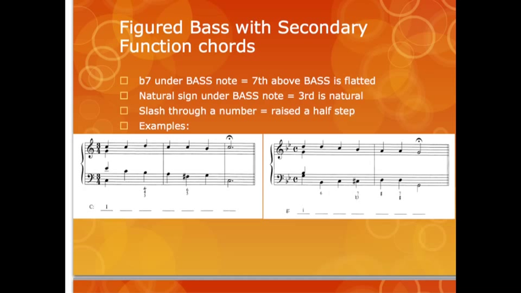The natural sign by the bass note means that the 3rd is natural, and a slash through a number means raised a half step, whatever number above the bass has a slash through it. And that is how we can use figured bass to represent these secondary chords. I would like for you to provide your own analysis, both in the key of C,